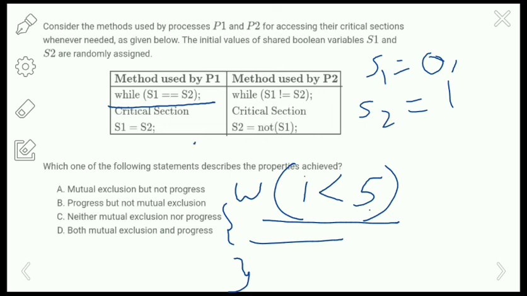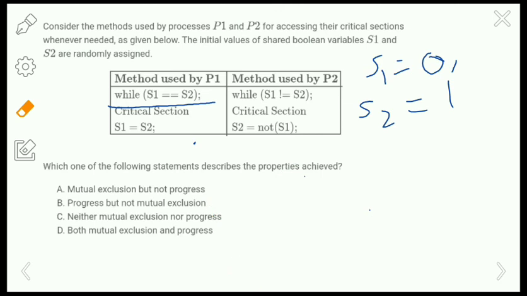Now we take S1 equals 0 and S2 equals 1. So here we are going to check whether S1 equals S2, that is 0 equals 1 or not. The double equals means we compare whether 0 is equal to 1 or not. It is false.